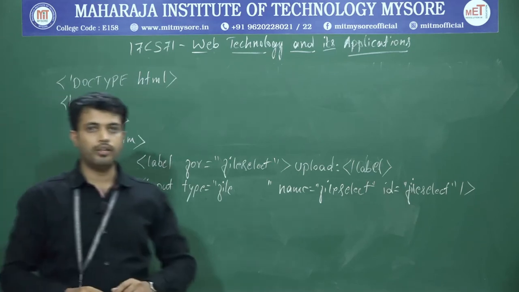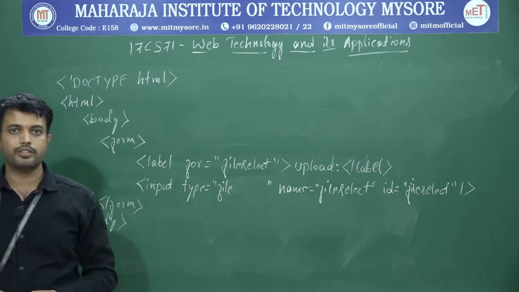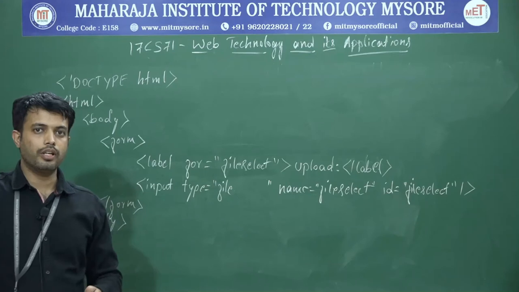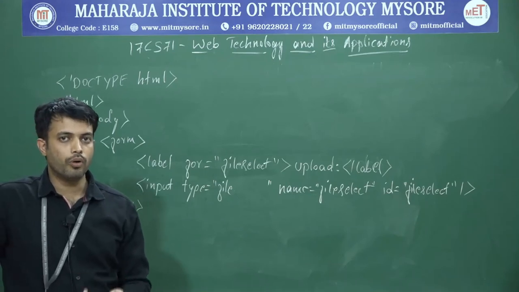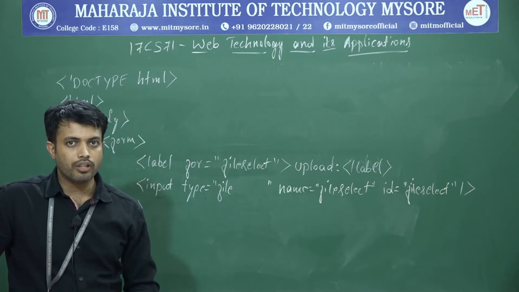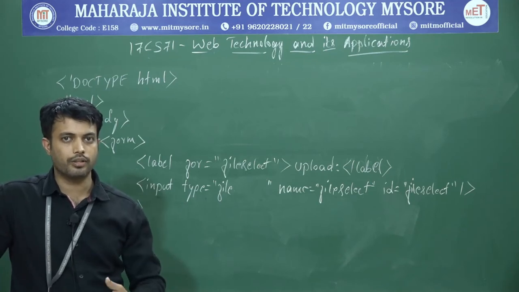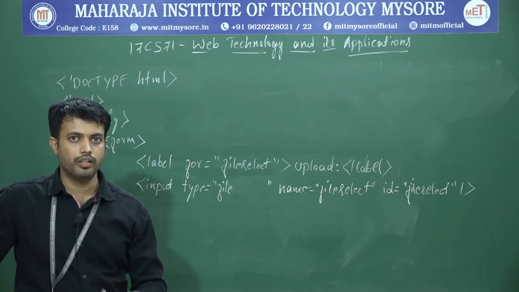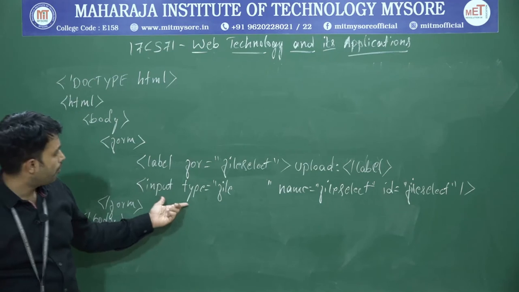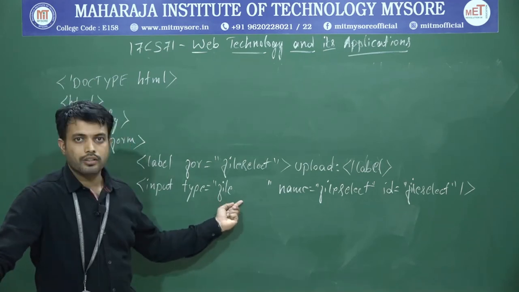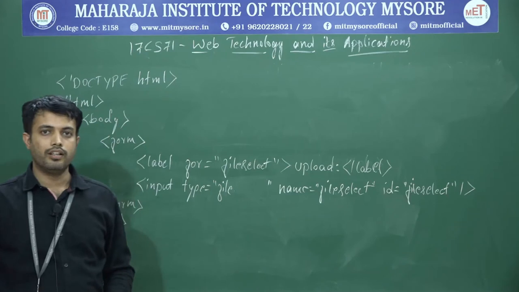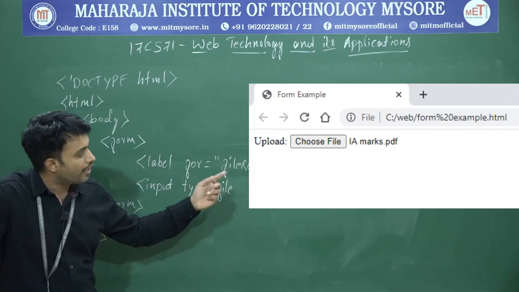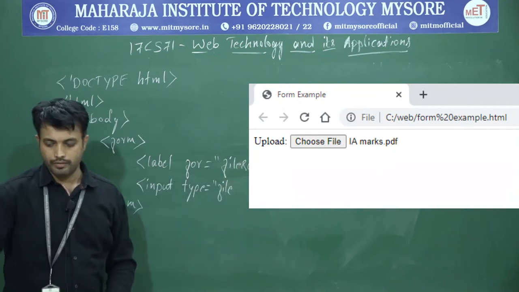Now if I run this program, you can notice that there is a box in order to select a file. If you want to upload a file from our local system to a server, or send it somewhere else, we need to upload it to a web page. So here we have a means to select those files. It will allow us to upload the file with the help of this file select box. You can notice that in our output. Okay, fine.